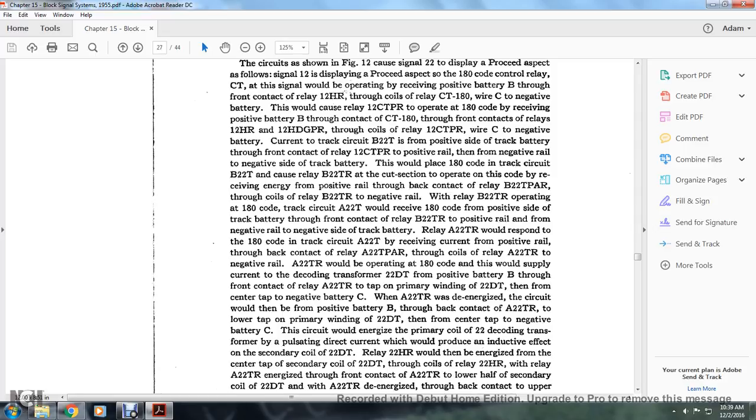A22TR would be operated with the 180 code. This would supply current to the decoding transformer 22DT from the positive battery B through the front contact of the relay A22TR, with the tap of the primary winding of the 22DT from the center of the negative battery C. When A22TR is de-energized, the circuit would then form from the positive battery B from the back